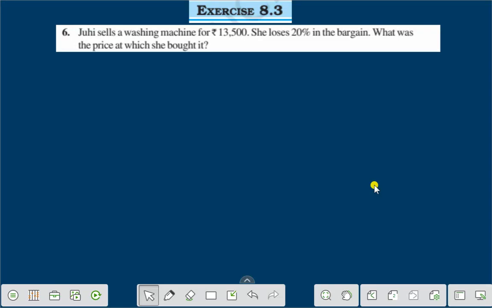Hello everyone. Today I'll discuss exercise 8.3 question number 6. Question number 6 is